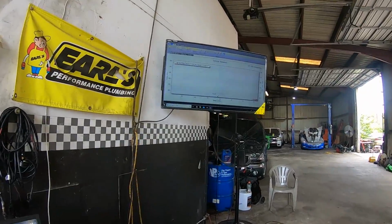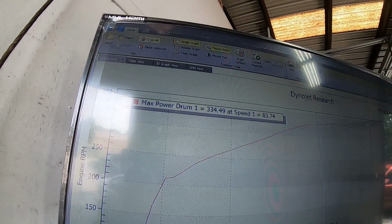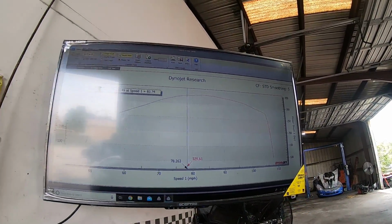Third gear rip, no tuning really. 334. So now he's gonna do